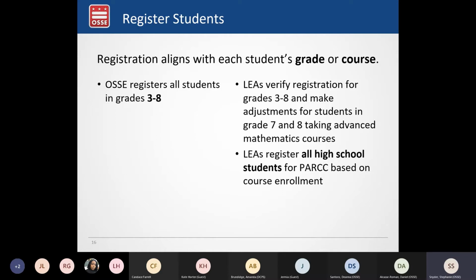And the statewide assessment participation policy provides additional guidance for the required high school assessments and also for some considerations for students in those advanced math courses.